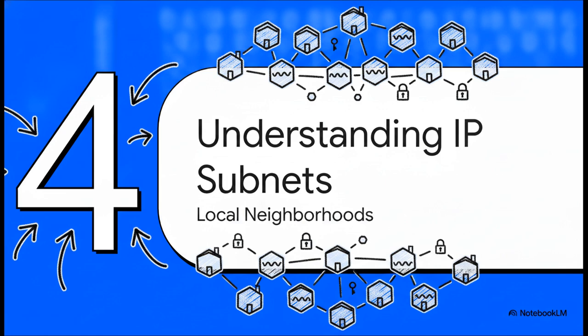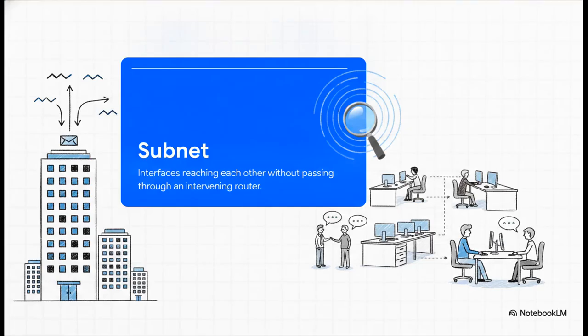IP subnets, or as I like to call them, our local neighborhoods. The textbook definition of a subnet is a group of device interfaces that can physically reach each other without passing through an intervening router. But let's apply our Feynman technique here to make this real. Think of a router as the central corporate mailroom in a massive skyscraper. If you need to send a letter to a different branch in another city, yeah, you have to send it